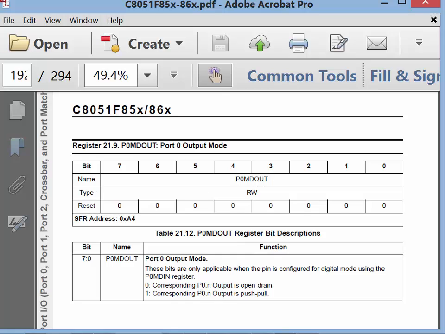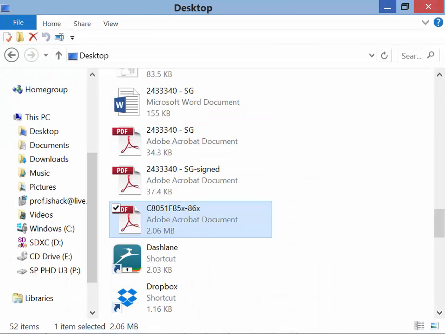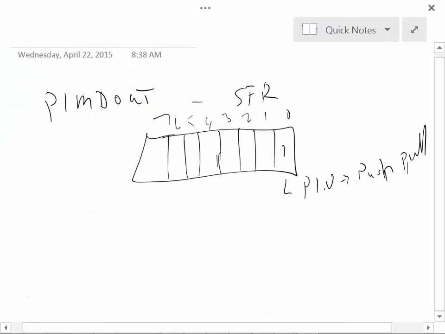And if we want to use a pin as push-pull, which we would probably use regardless, that's where this mode special function register comes in, if we want a pin to be used as an output. And remember, we're driving an LED with it. So if we're driving an LED, push-pull